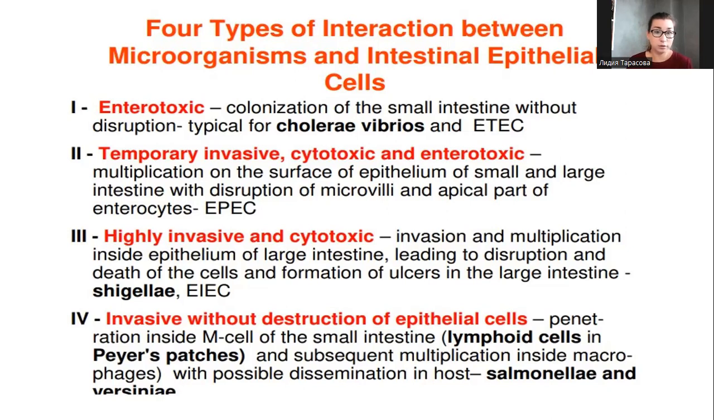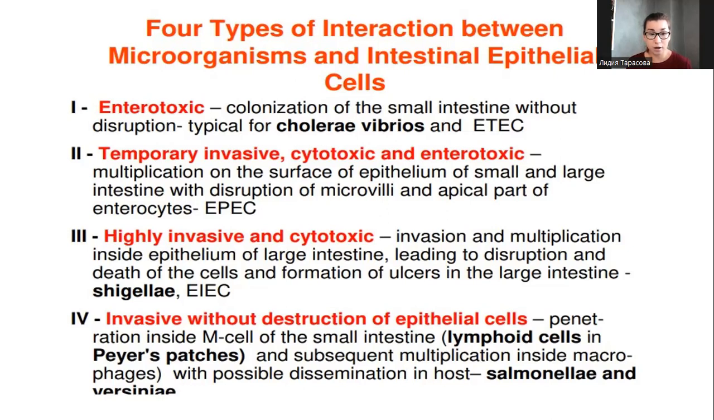The third type is highly invasive and cytotoxic: invasion and multiplication inside the epithelium of the large intestine, leading to disruption and death of the cell and formation of ulcers in the large intestine. This type is more common for Shigella and enteroinvasive Escherichia coli,